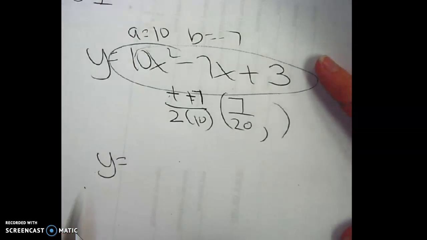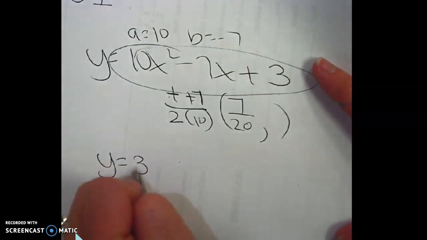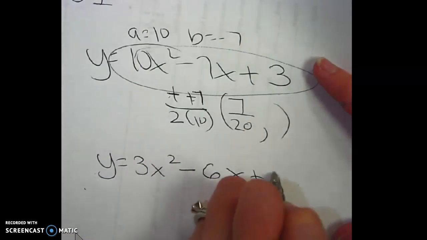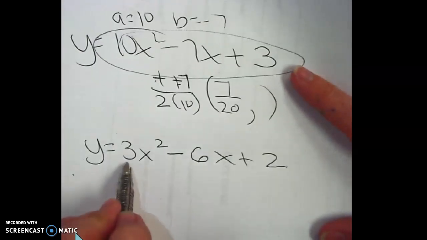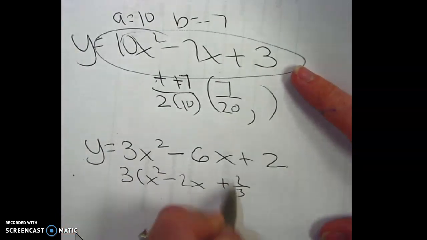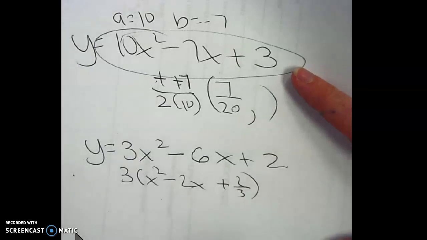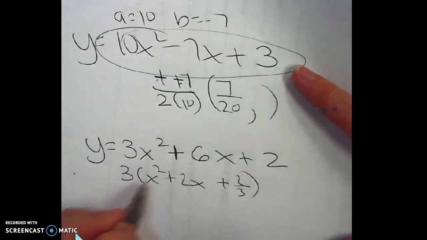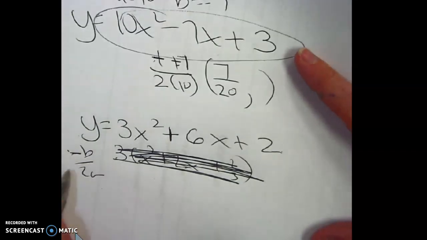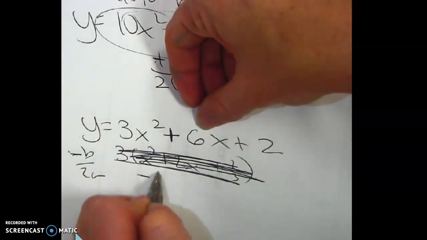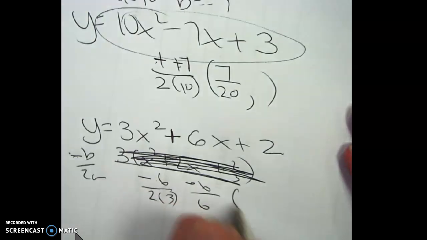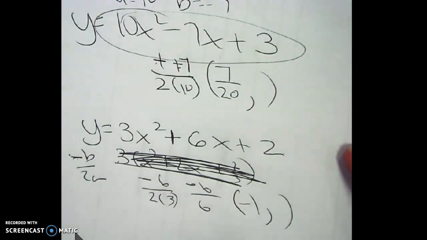So the problem is that if you have a problem like 3x squared minus 6x plus 2, if you divide out the 3, that looks really uncomfortable. You can still do it. I'm going to make that a plus, actually. But if I just did my formula, which is negative b over 2a, it would be negative 6 over 2 times 3, which is negative 6 over 6, which is negative 1, which would be the x value of my